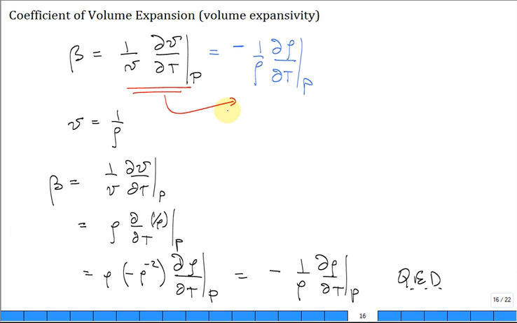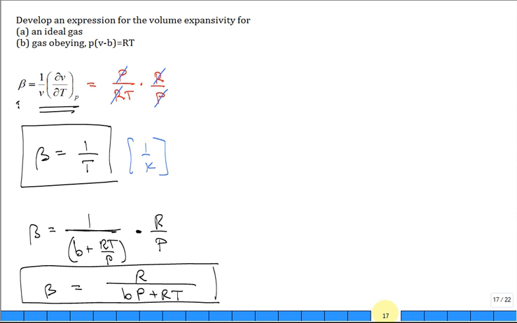How do you do it? You just recall V is equal to 1 over rho, and you are honest with the mathematics and the differentiation and the calculus, and you get the same relationship. It looks different, doesn't it? It looks like that minus sign's out of place, but you need that minus sign. Okay. Now for the volume expansivity, that's this term, beta, 1 over V dV dT holding P constant.